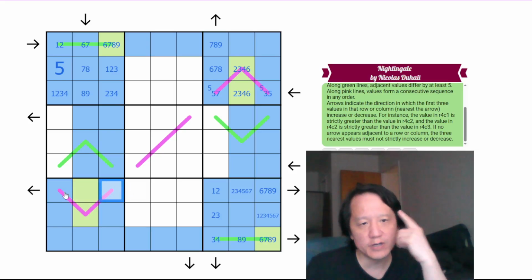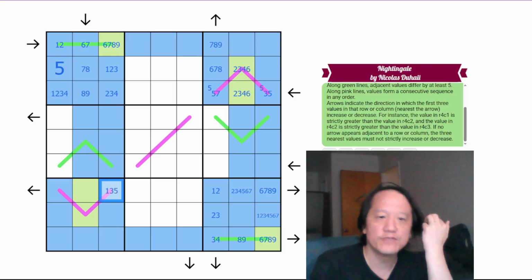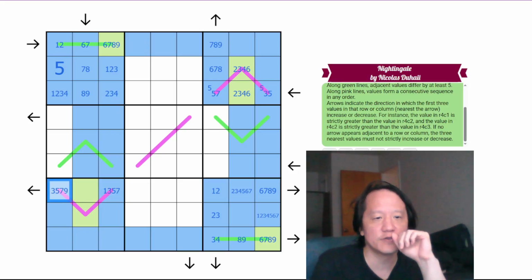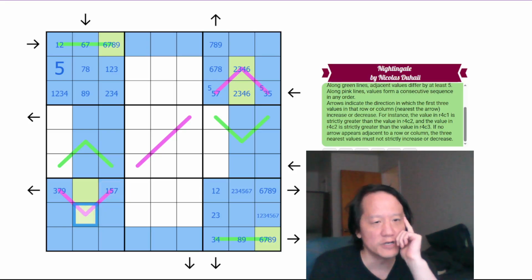So these must be odd digits here. So we have 1, 3, 5, 7, 3, 5, 7, 9. This can't be 5 because of 5 in the column, which means this can't be 3. Again, we cannot have 1, 2 in value with 3 because that would require a 1 doubled. So we have 5, 6 doubled. Sorry, 5, 6 or 3